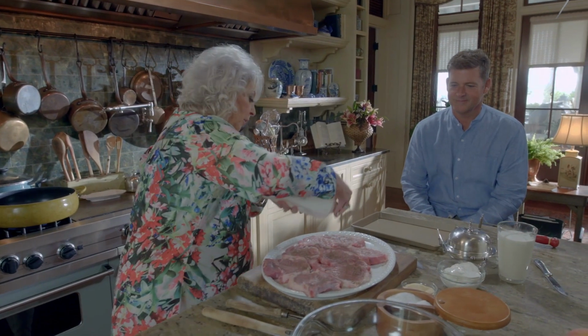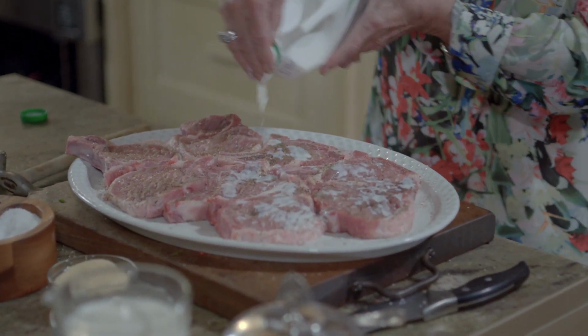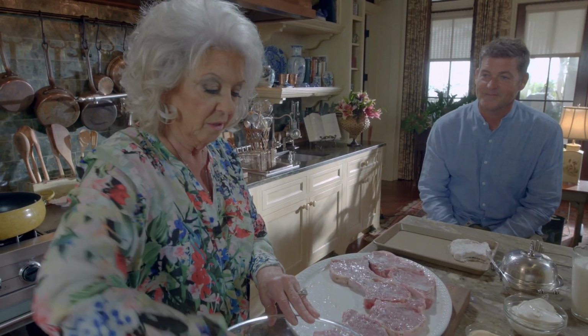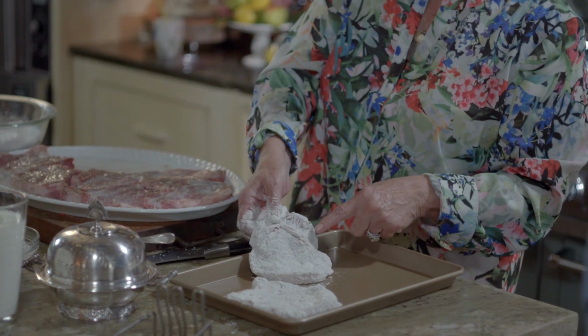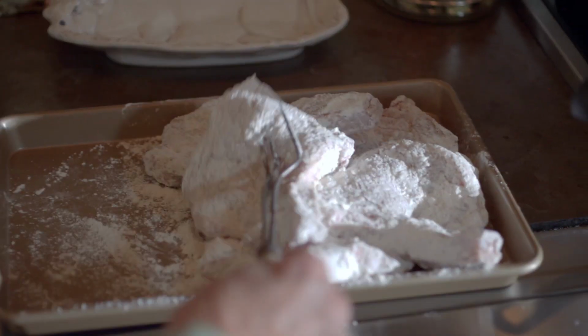And then I'll just sprinkle it with buttermilk on both sides. I don't drench them. Just sprinkle it and let that sit in for a minute. And then I put it into self-rising flour and I dredge it good. And I love cooking my pork chops in a cast iron skillet because it'll get so hot and it'll retain that heat. And I always use peanut oil because of the flavor of it and because it has a higher